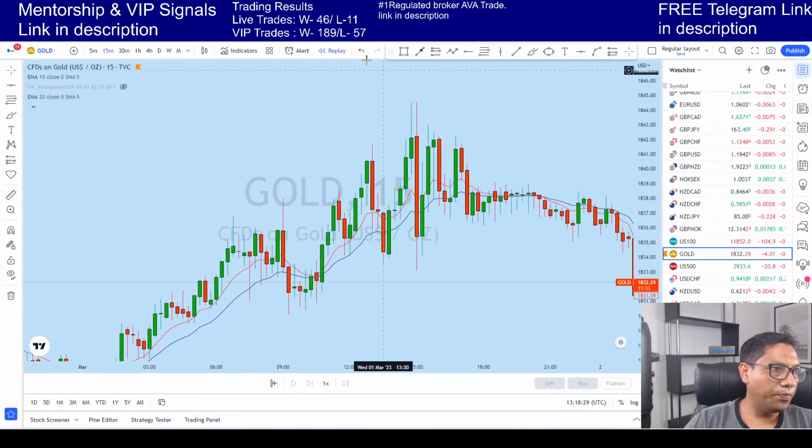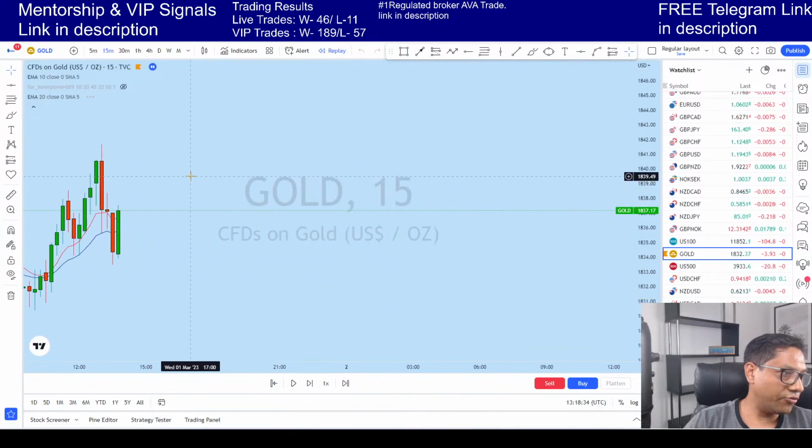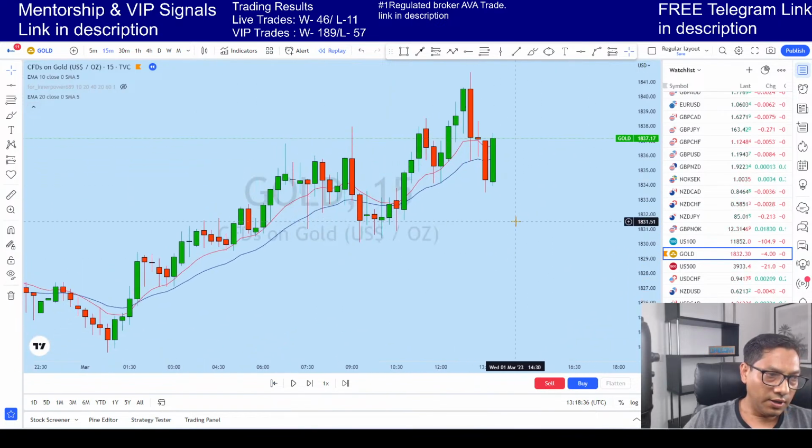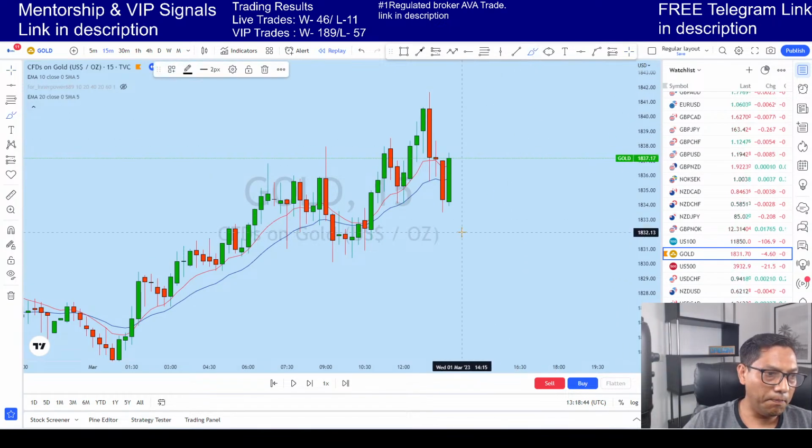Okay, so if I replay the chart, this is where we have opened the trade, right? So here is the smart money concept. Smart money means how they trade: they normally buy from a very important area of value. There are some zones; they don't gamble, buying and selling whenever they feel like it.